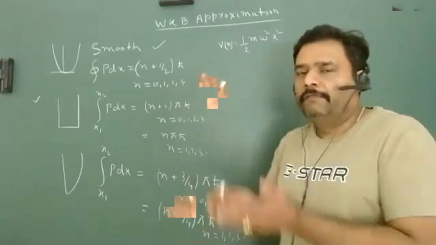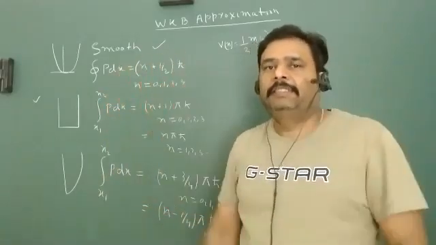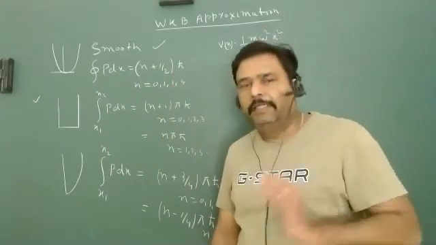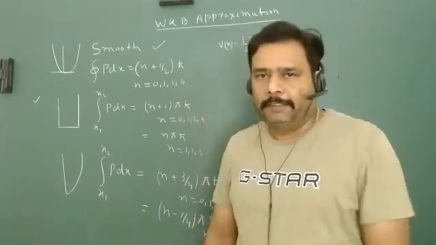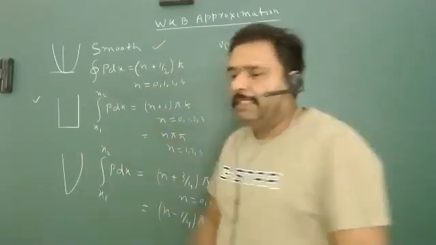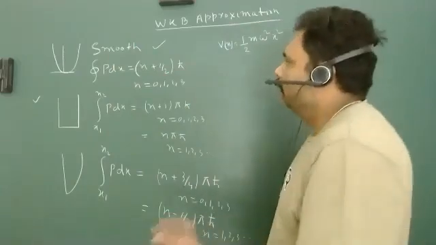Both sides are well increasing when x is changing from x to x plus dx. Smooth means continuously increasing or decreasing when x is going to change. So let's try to use this WKB approximation, and we will figure out what will be the